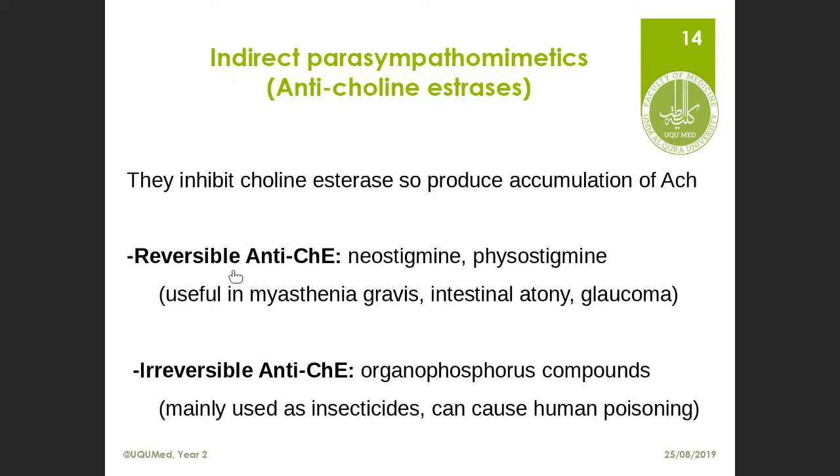If we see the reversible anticholinesterases, they are neostigmine and physostigmine. What it means is that these drugs, neostigmine and physostigmine, bind to the enzyme for some time and ultimately produce the pharmacological effects. They are used in myasthenia gravis, intestinal atony, and glaucoma. So first of all, you must know what myasthenia gravis is. Myasthenia gravis is a type of disorder, a genetic disorder in which, if you see the people who are suffering from it,